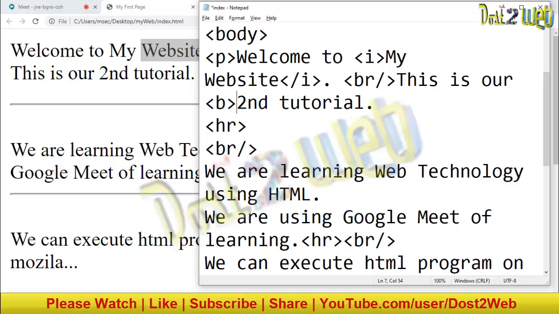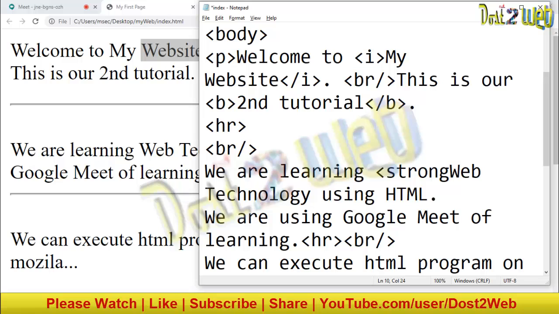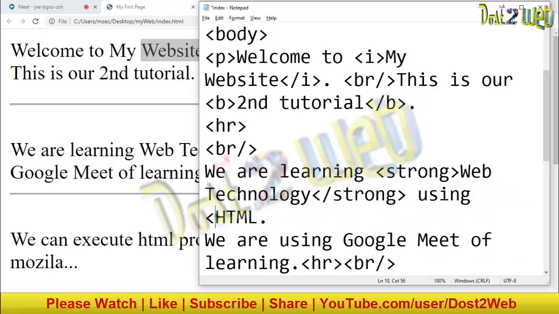Till here I'm writing bold. Similarly, if you want to use strong, you can use the strong tag here, and when you have opened it, you have to close it here. I have closed it here. Again here I want italic, so I'll use the italic format.